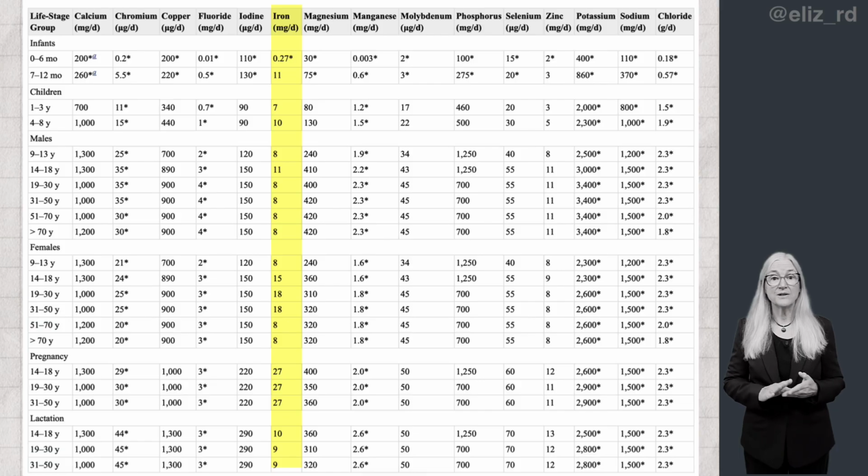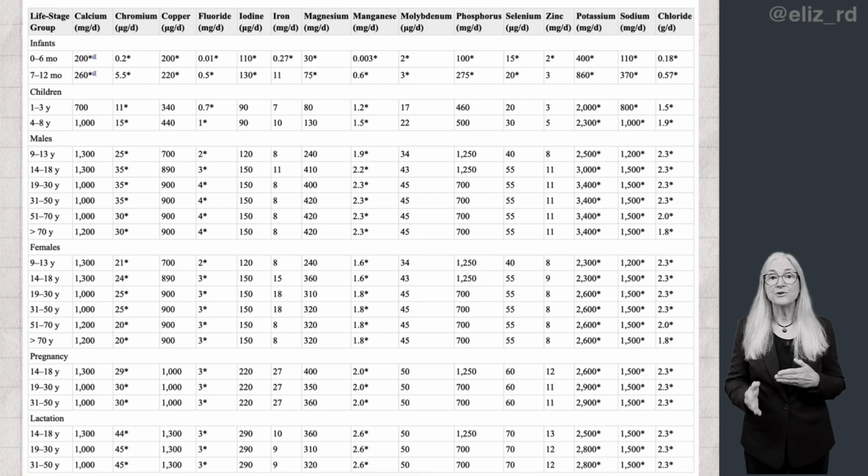Iron deficiency is one that can particularly impact young women, children, and vegetarians. It is a leading cause of anemia, which can be very serious and even lead to death if untreated. The iron target levels vary by age and life stage group. Notice that the iron target level for a 30-year-old female is 18 milligrams per daily average, and the target level for a 30-year-old male is 8 milligrams.